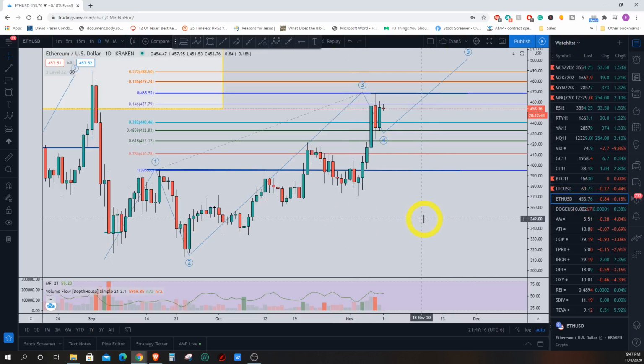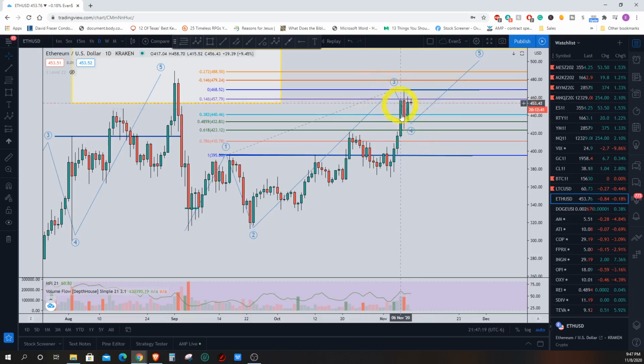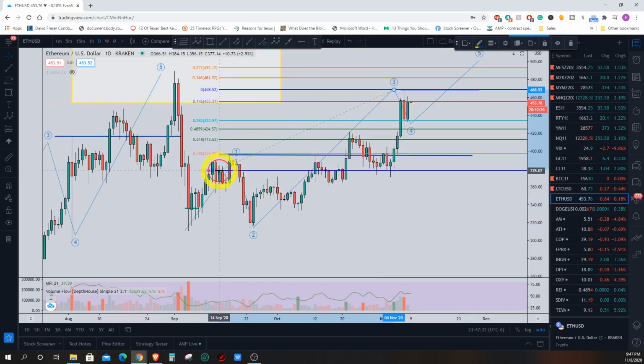Now, lastly, Ethereum here, real quick. Ethereum, we are still waiting for a trade right down here. You can see potentially there's a 0, 1, 2, potential 3, 4, and it hasn't come up here and made a fifth wave up here yet. What we would be looking for,